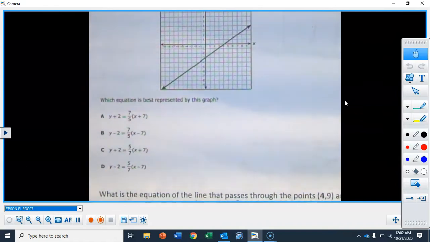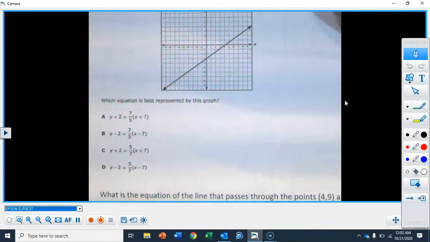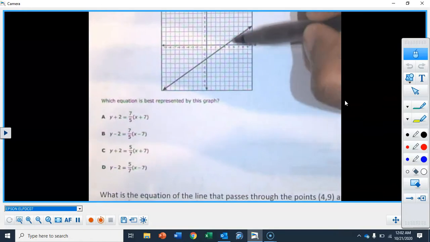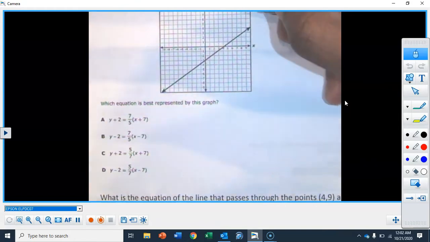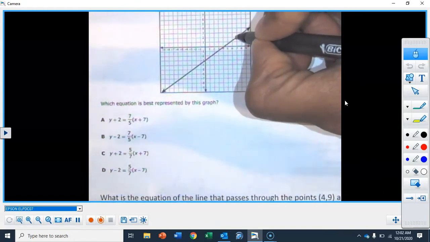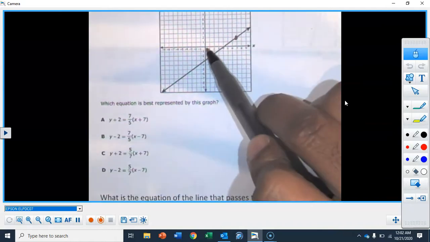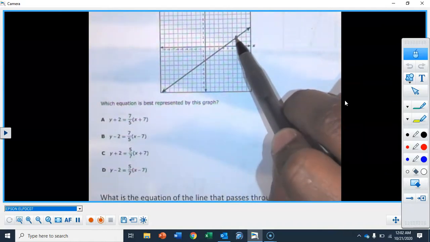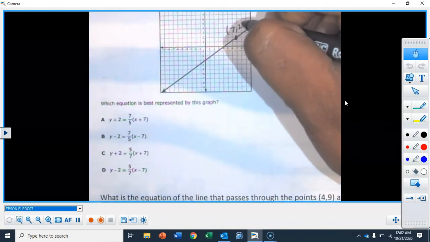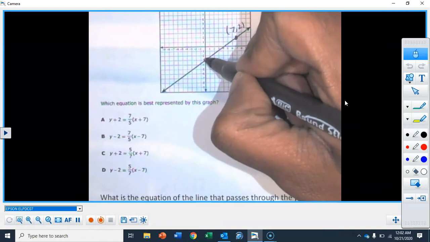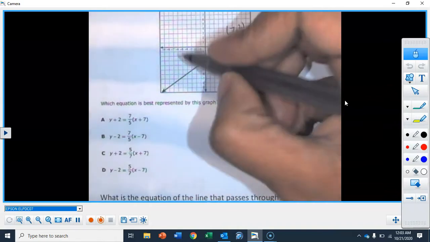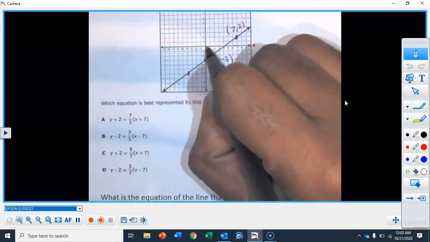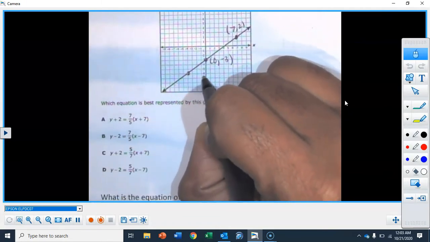Okay. So a couple of points that I see, and I'm going to talk about this actually sometime today, is I'm going to talk about these things called x-intercept and y-intercept. But just to be clear, let's find some points. I like this point right here. This one is 7 for the x, and then up 1, 2. So this is 7, 2. Then another real easy one right here, this is the y-intercept. This is 0, -3. And then another good point is there's one right here. And this one is -4, -6.